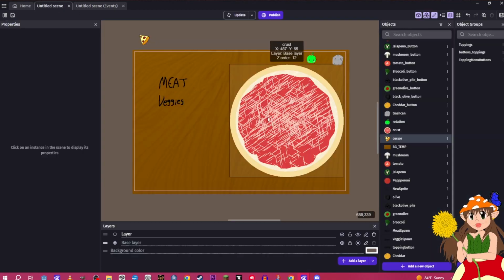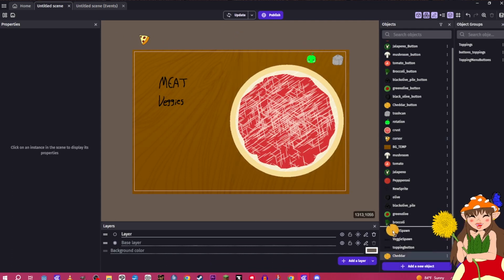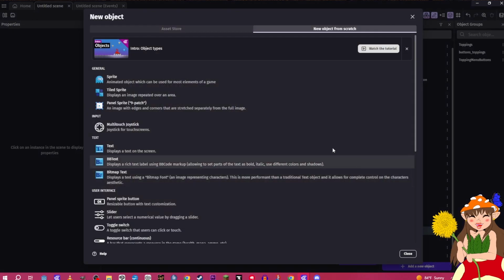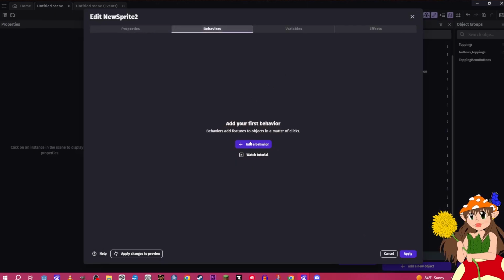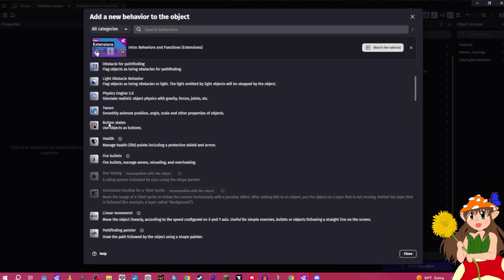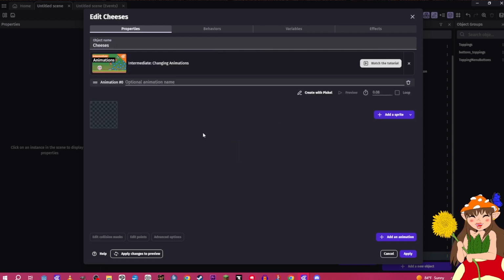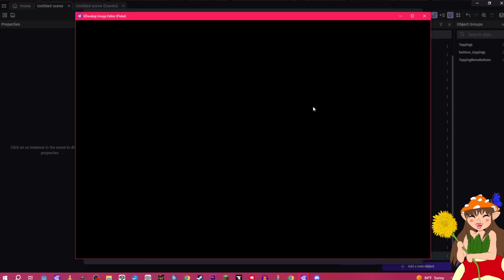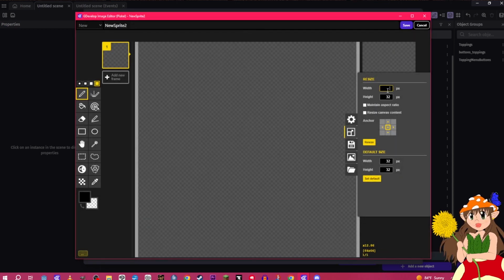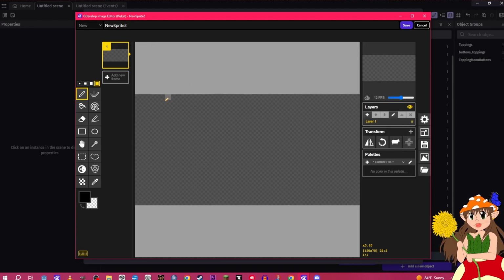Okay, so we have one cheese. We'll put you here, and now we will add a new object, sprite, behavior, button, and then we will name this cheese. Add an animation. Create disc skull. 150, 75, and we will put,